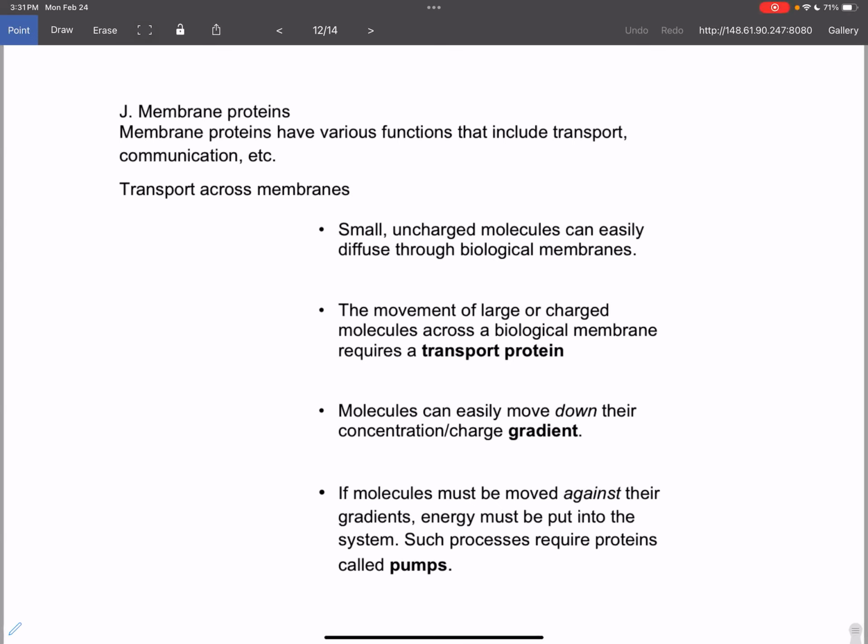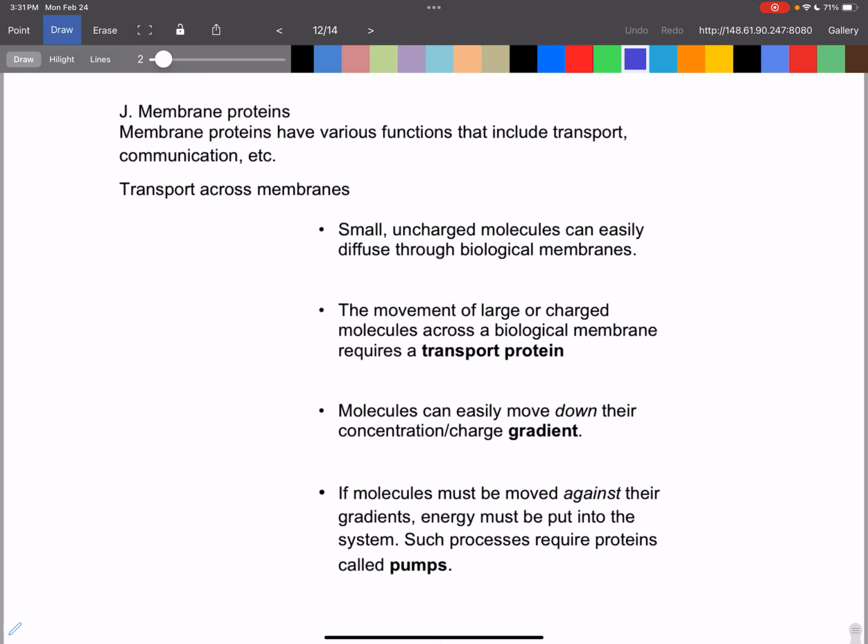The last topic of this lecture is membrane proteins, and kind of zooming in a little bit and seeing how they function. In particular, I want to focus in on their ability to help with transport. So I want to think about transporting molecules across membranes. And so we're going to think of a few different scenarios here,